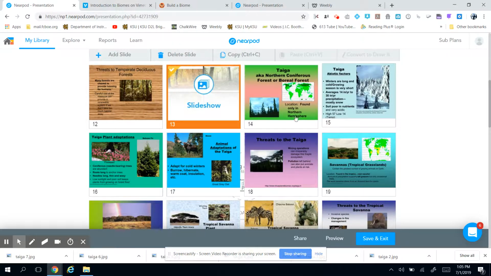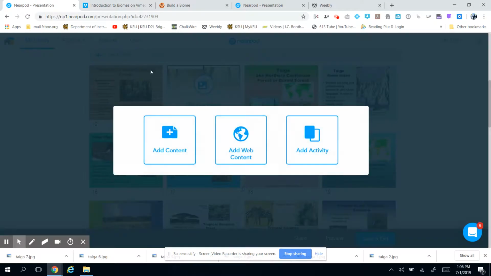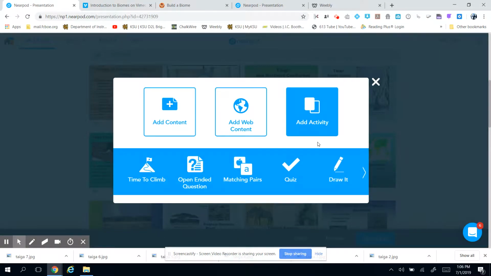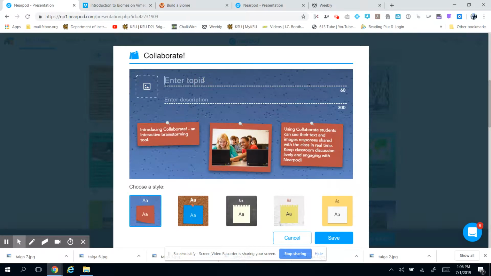Okay, and then let's say I want to add a question after students have read the information, taken notes on it, and looked at the images. So I'm going to click on add slide, add activity. Okay, and then let's say this time that I want to collaborate. Okay, and on this collaborate board, I'm going to say the topic is temperate